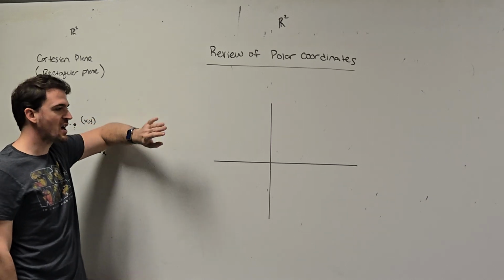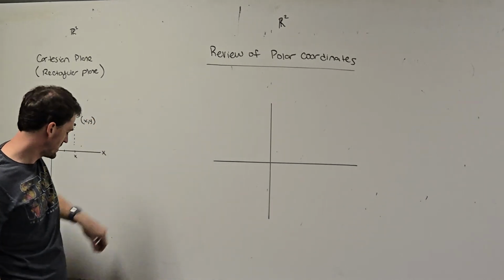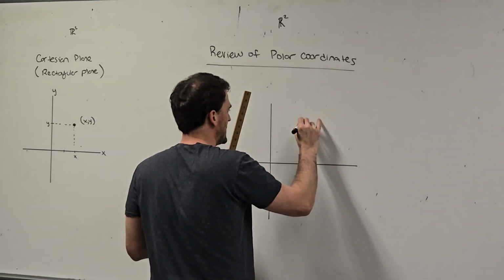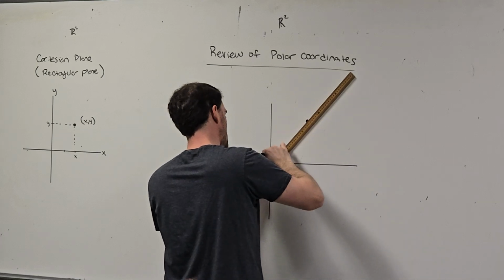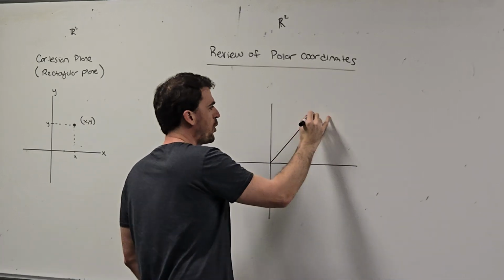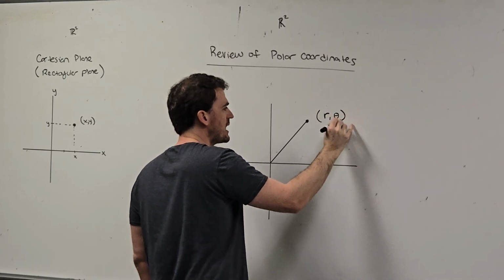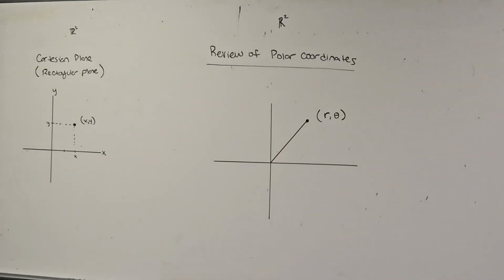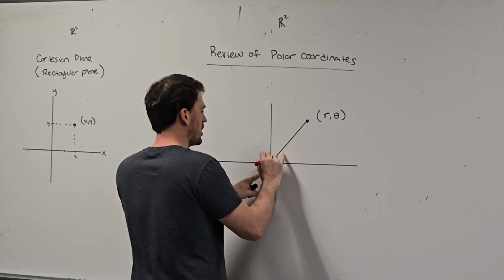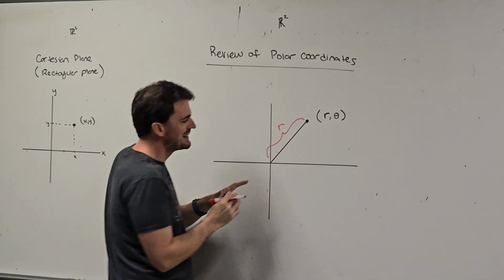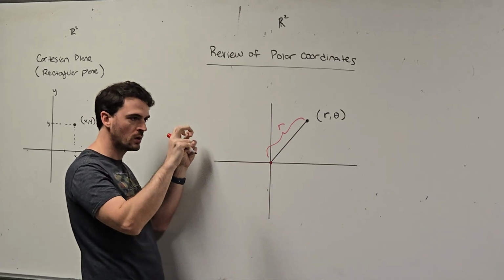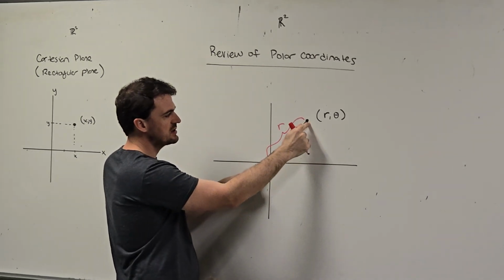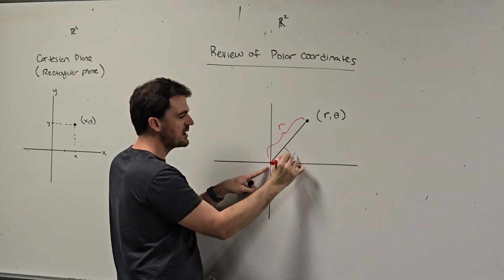So polar coordinates is just another way of expressing a point that is defined by 2 things. So when we talk about a point, we are now going to refer to that not as x comma y, but as some r comma theta, where r is the distance to the, we don't call it the origin here, we call it the pole. So r is the straight distance to the pole, and theta